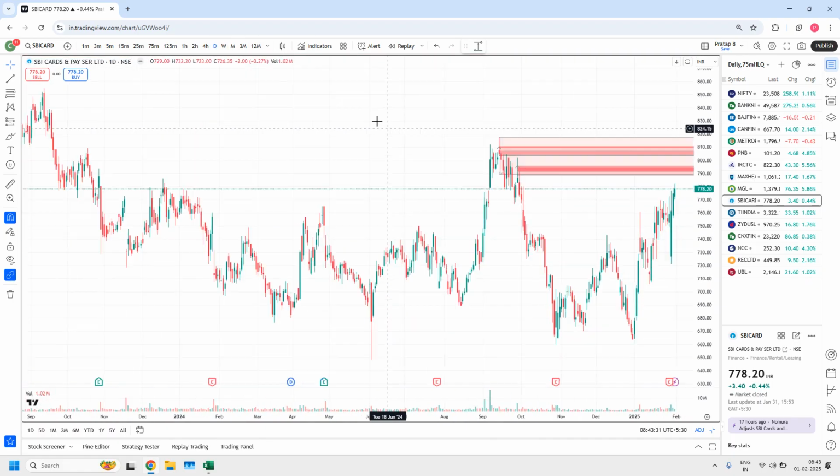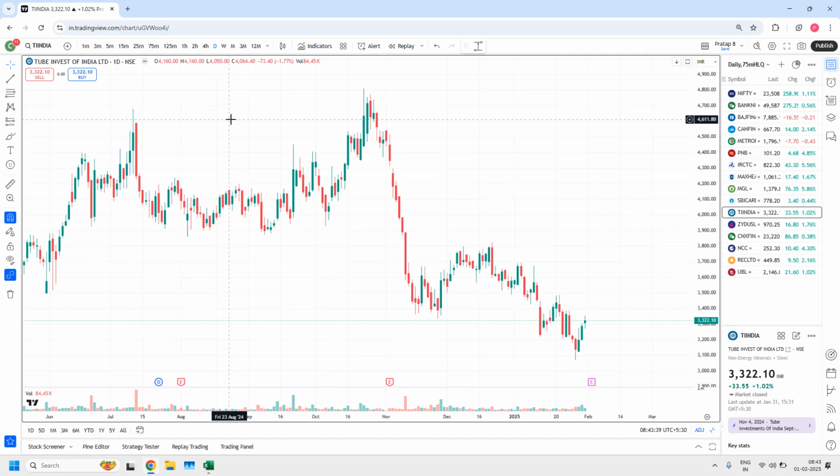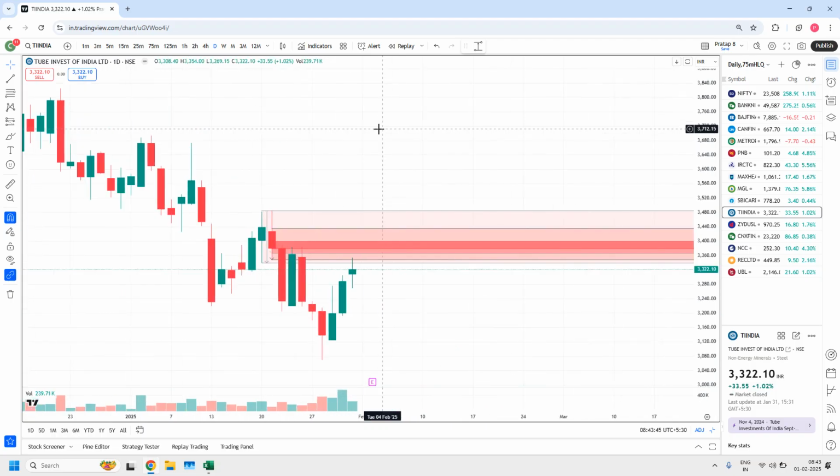See the daily candle. So that's why we didn't get any trade in SBI Card. Next one is TI India, Tube Investments of India. This is also a daily zone, rally to base candles and drop. This one is fine tuned with